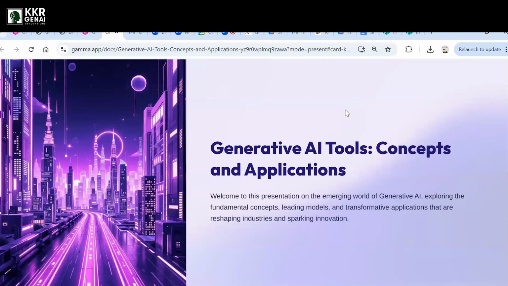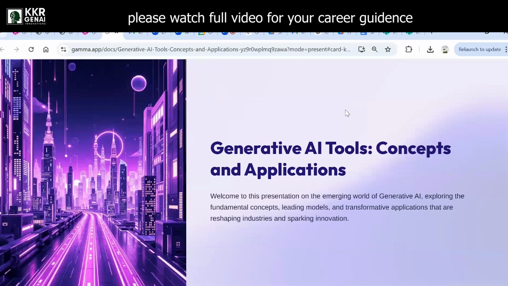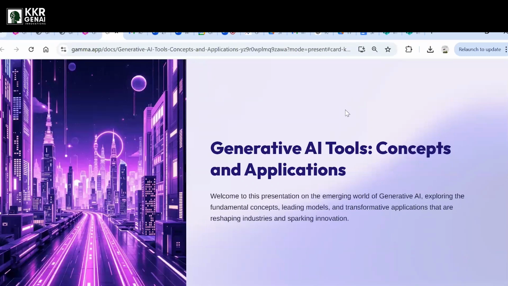Everyone is talking about generative AI, and many industries are expecting candidates who have generative AI skills. For the last 2 years, generative AI has been a popular word, and many industries are trying to hire persons who have at least 1 year of experience. Because in 2022 the generative AI tools came, and LLM models were introduced in the market. As we know, ChatGPT is one good example of a generative AI tool.